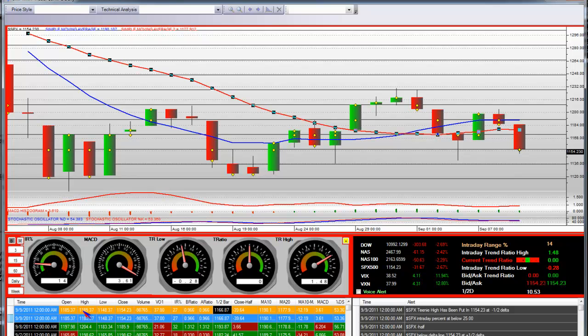Yes, it was 1185.37, the high of that gap down daily bar, and your half bar right here was 1182.24, and when you started to fall below that half price action bar,